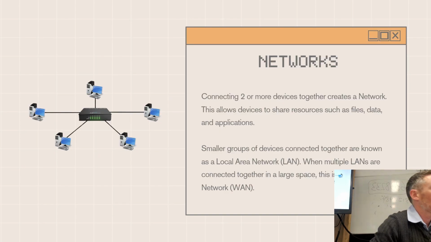So everybody, jump with me for a second. This is our lovely little diagram. We've got lovely computers all connected together. Does anyone know what that thing in the middle of them is called? It's not a server, but that's a nice try. Could be a router, could be a modem. Operator, interesting term. But when we have more than one device connected together, guys and girls, that's when it starts